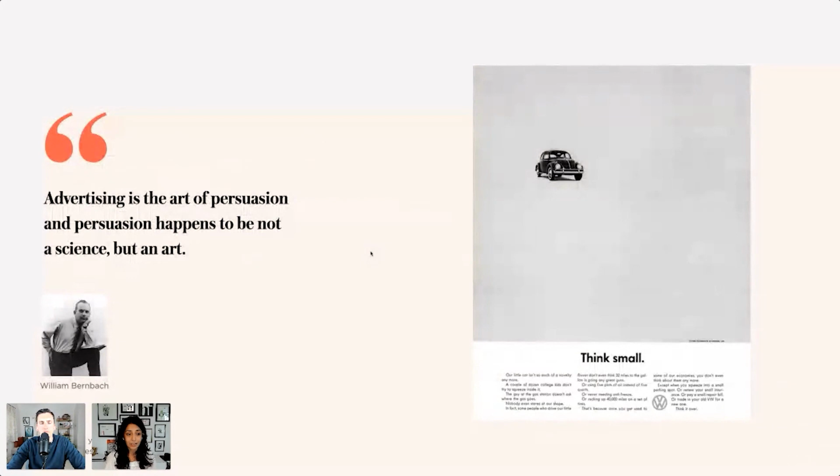He made the Volkswagen Think Small campaign. It was one of the best advertisements in the industry so far because it brought results. And he collaborated with Paul Rand, an influential graphic designer. Many of you must know him, but they partnered and worked on this campaign.